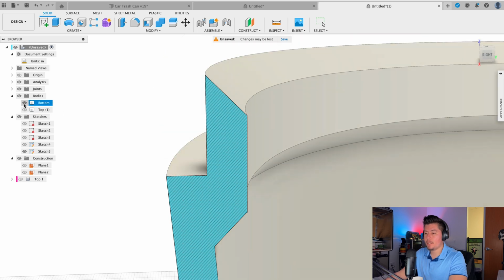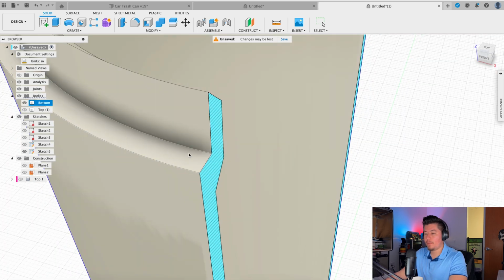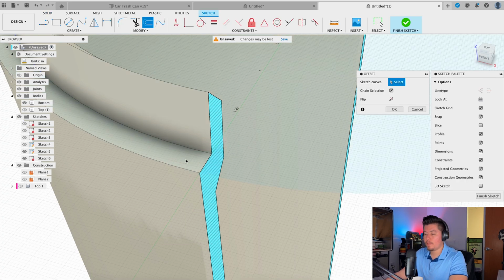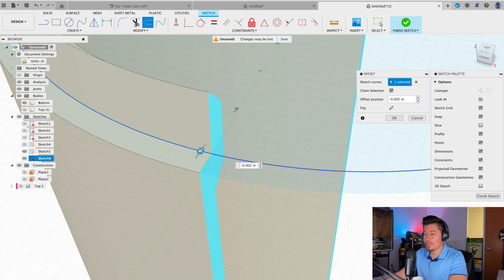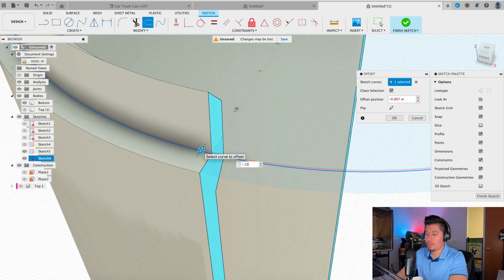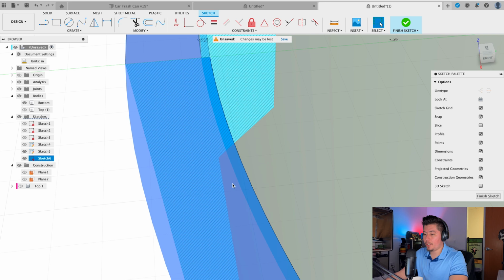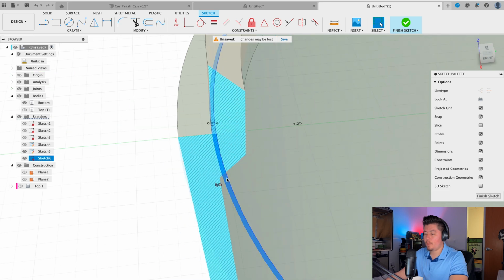So in order to do that, let's go ahead and create an offset. If I were to type in O on our keyboard, select this sketch here or this face here, let's drag this into maybe about a negative 0.12, or excuse me, 0.012. Let's see if this gives us enough space here. We're going to create that newly created sketch there. Press E,